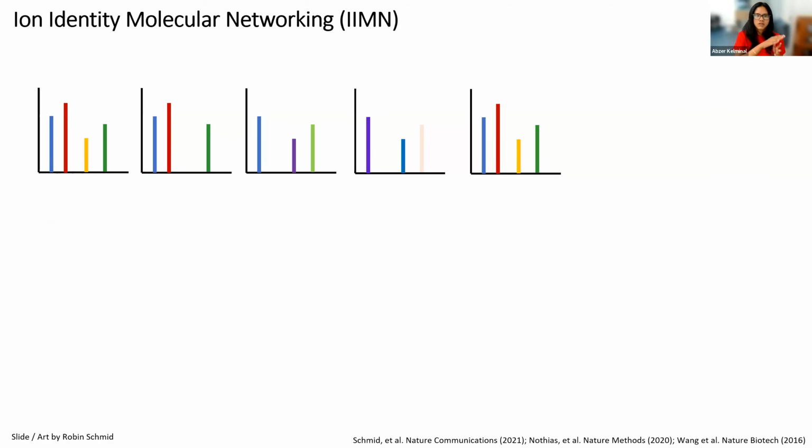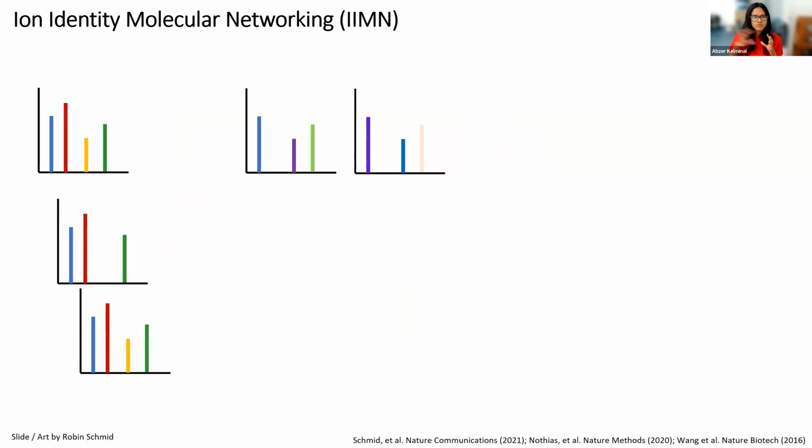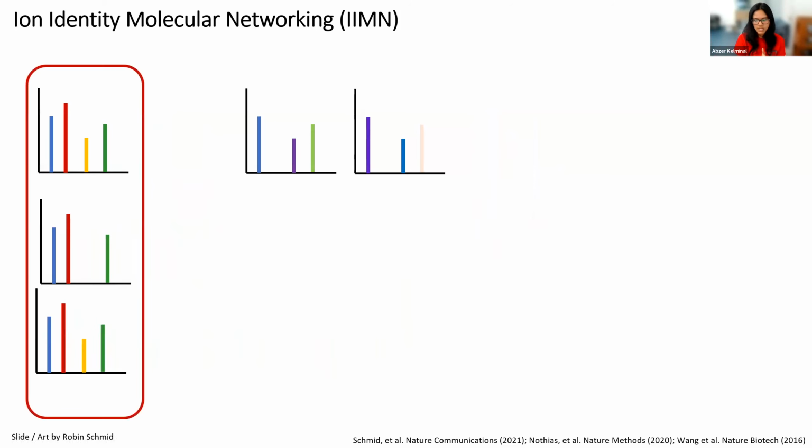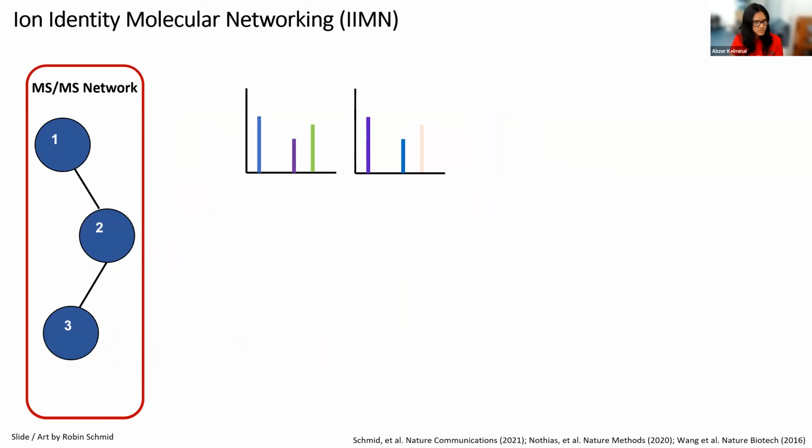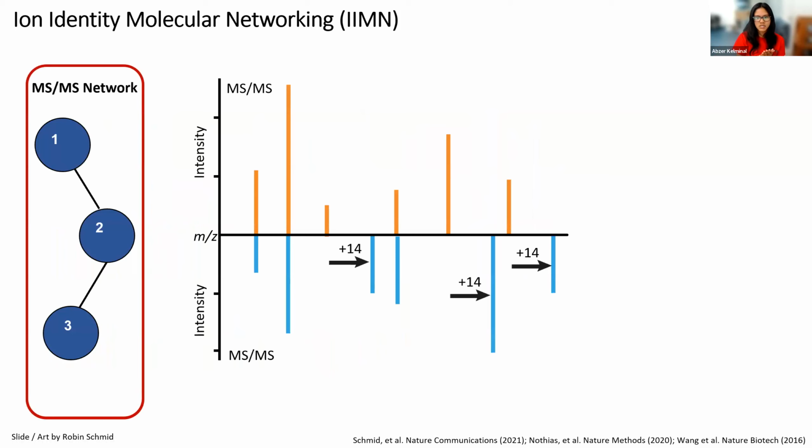What you see here are several MSMS spectra. These MSMS spectra are clustered based on their spectral similarity, helping to build these MSMS networks, and it is based on cosine score similarity. When you have two MSMS spectra, it overlaps them and sees if they are similar to each other, and based on that it gives a score. When the similarity is higher, you get a higher cosine score, whereas when it is less similar, you get a lower score. And in this case, if you take these two MSMS spectra, when you have a precursor mass difference of 14,